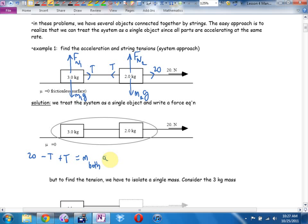Yeah, tension cancels. And how would I get the acceleration? How would I get the A by itself? Here's what we end up with. A equals M1G divided by the mass of both, which is M1 plus M2. Let's crunch the numbers. M1